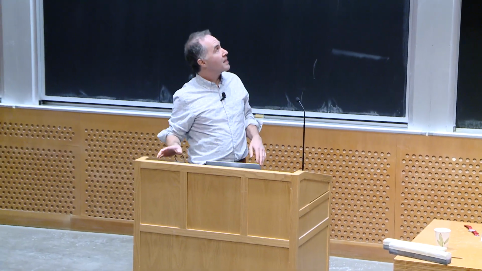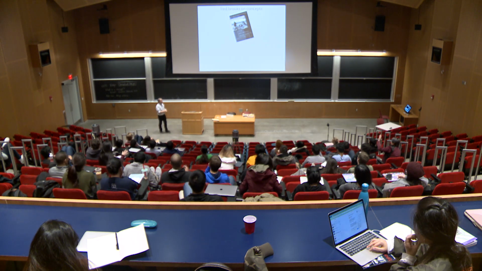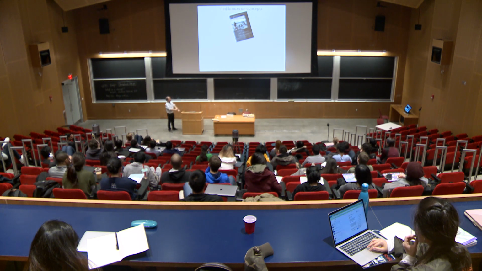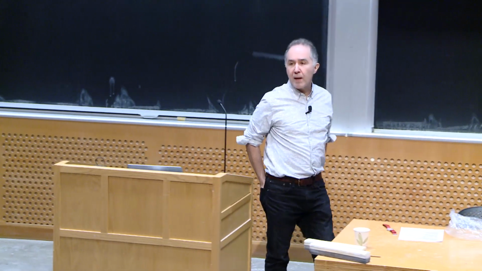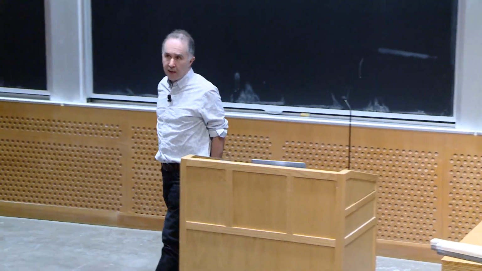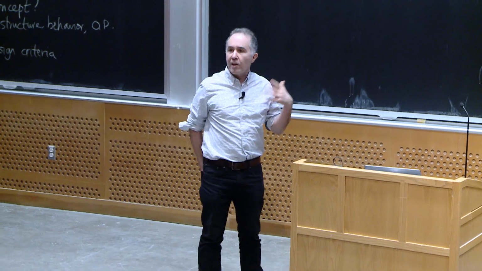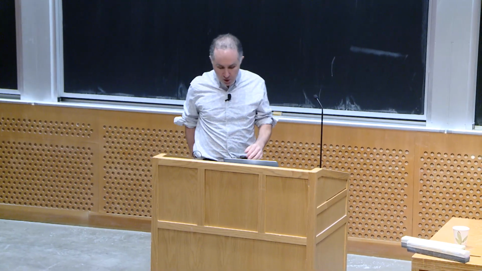So how many of you have seen this book, The Mythical Man Month? This is a classic book. How many of you have taken 6033? Okay, that's interesting. So The Mythical Man Month used to be a reading in 6033. It's full of interesting ideas. It's written by a guy called Fred Brooks, who was in charge of one of the largest operating system developments, the IBM 360. And he has a lot of wisdom about basically how to run a large development project.